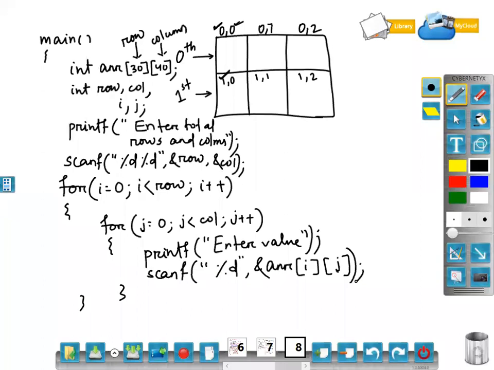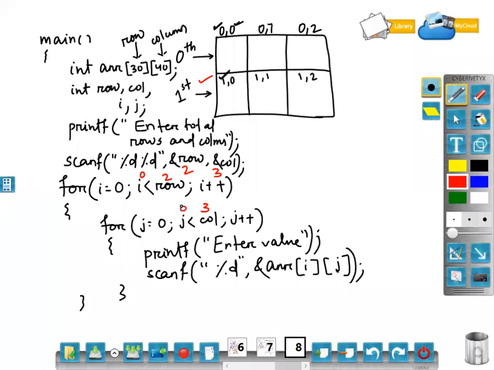Means what? Let's execute this one so that you can understand. Okay. So initially i equal to 0. Then suppose I have taken total row as input 2 and column as input 3, as per this diagram. So row will go maximum 2, column will go maximum 3. I have started with 0. So 0 less than 2. True or false? True. True means you are entering. Now the inner loop will execute. j you are starting from 0. 0 less than 3. True.